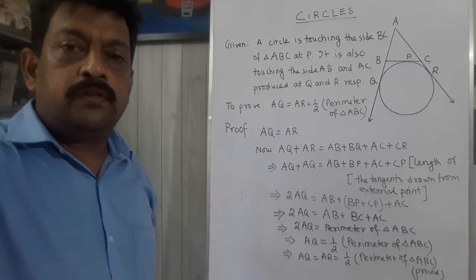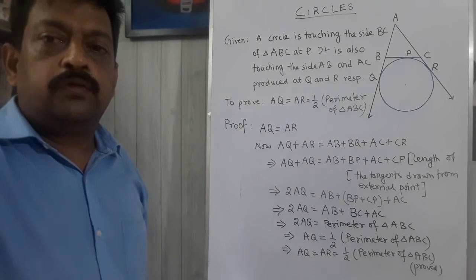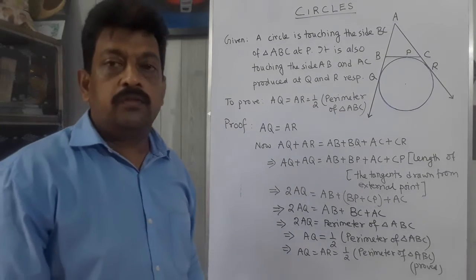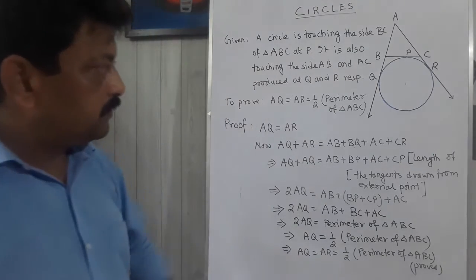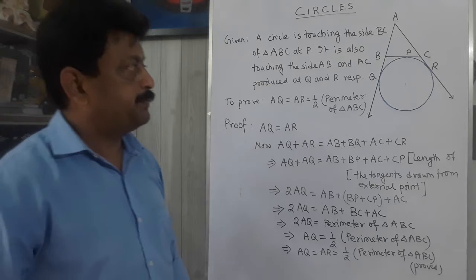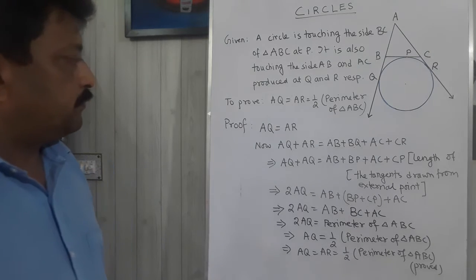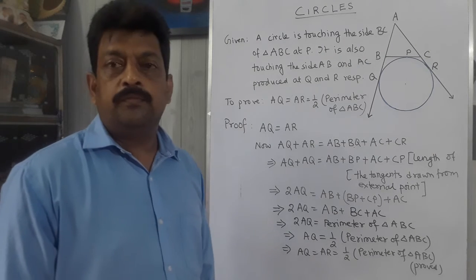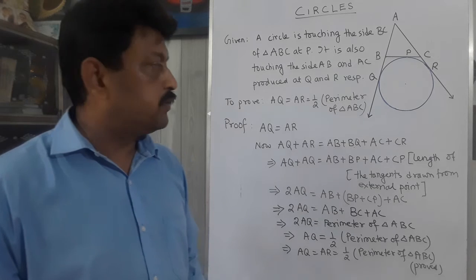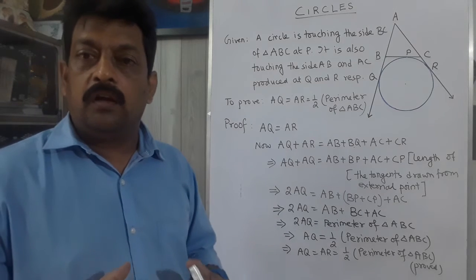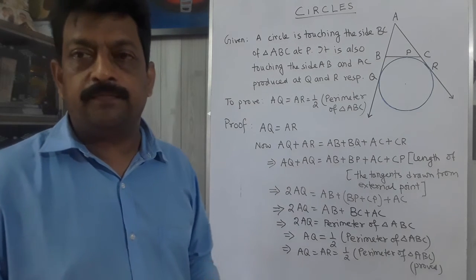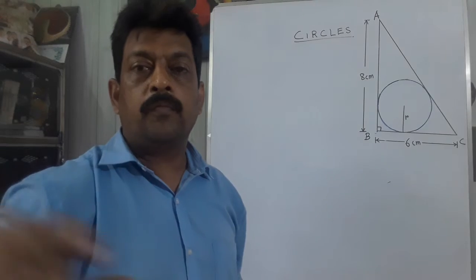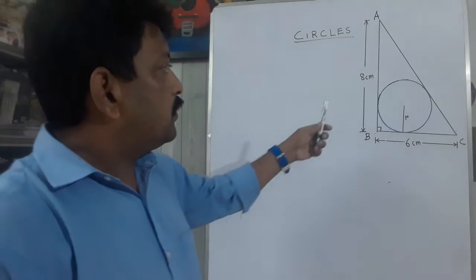Okay students, understood all of you? Hope you have found this very easy, and hope you have understood also. Just go through the whole thing. Here the theorem, length of the tangents drawn from an external point to a circle, has been used. Otherwise the sum is very easy. Okay, this is the next question.